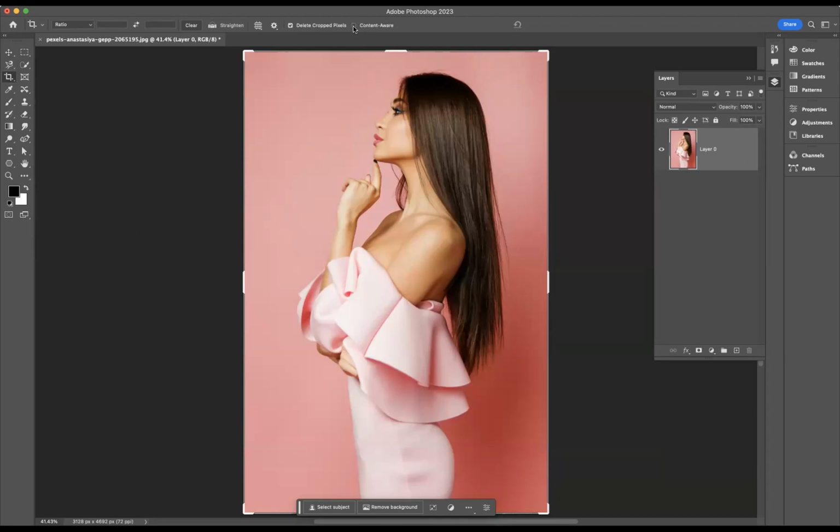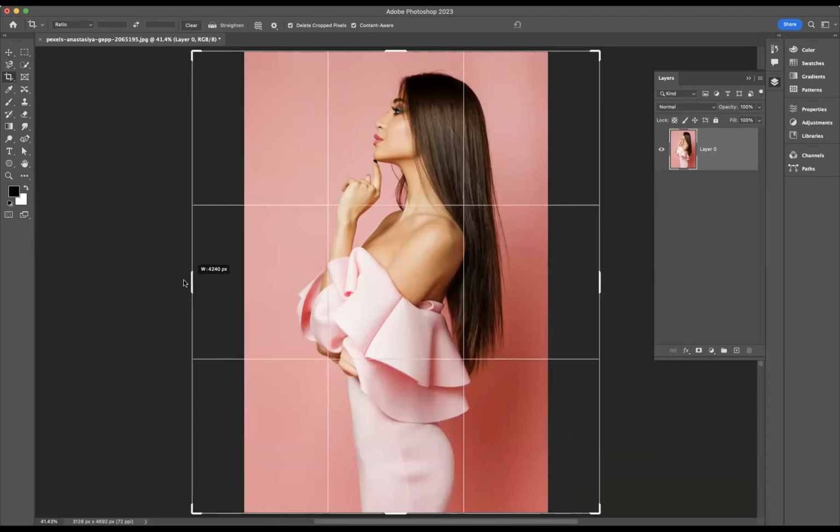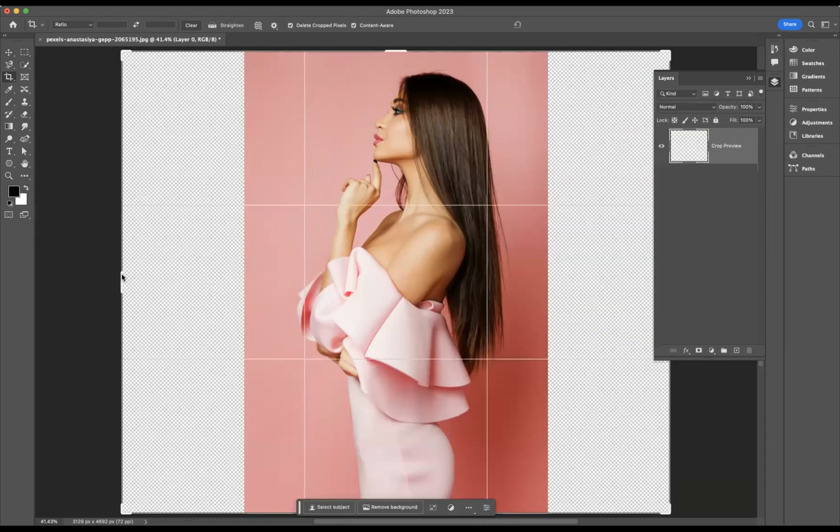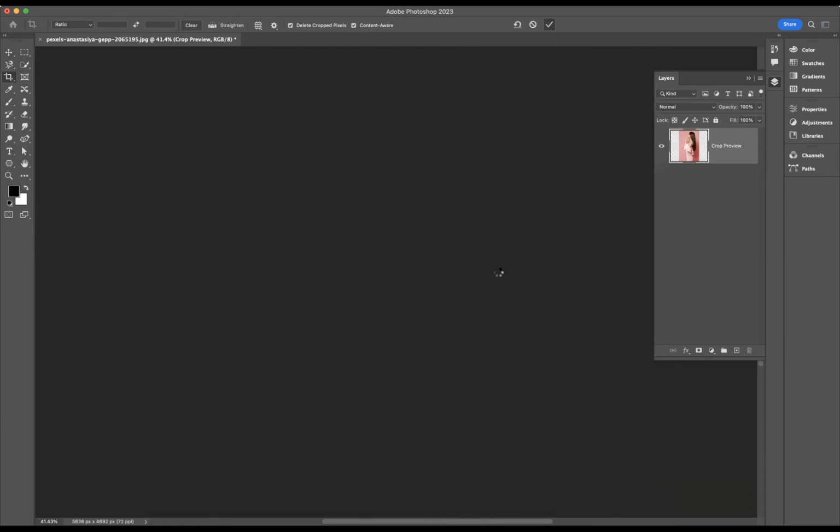So if I click that there like so, and then when I start to resize, I'm going to use the keyboard shortcut for Mac users, which is Option, and for Windows users, that is Alt. If I start clicking and dragging there, I'm just going to increase the size of that background to a point like so. And then when I press enter or go to the tick up here,